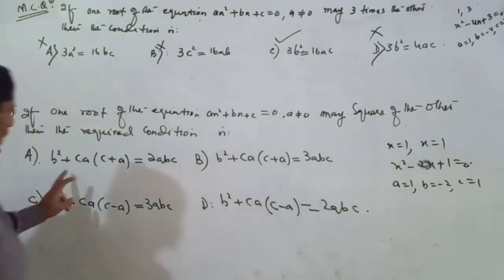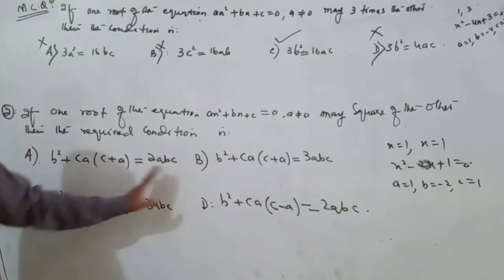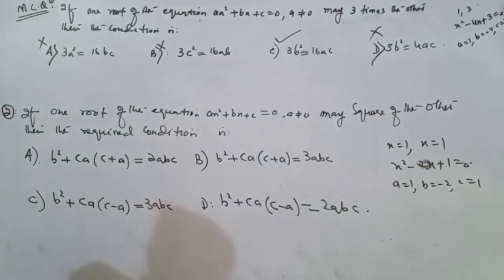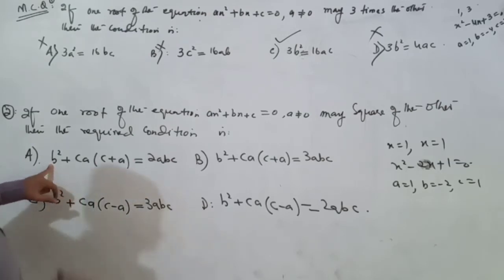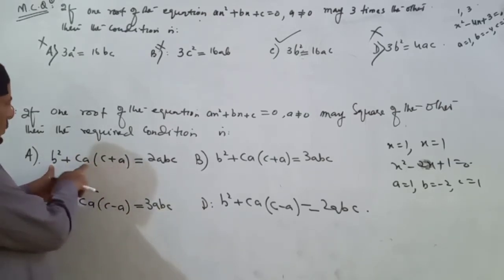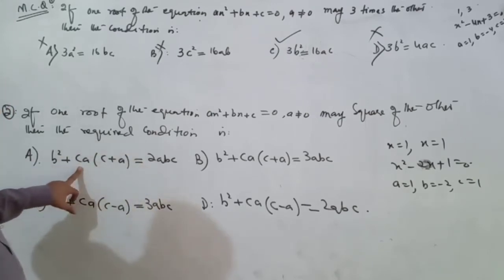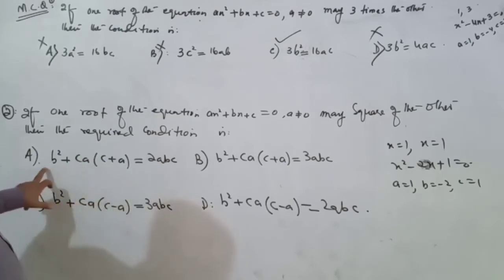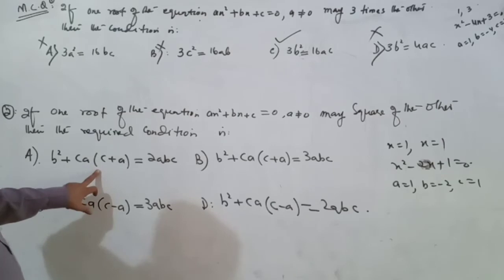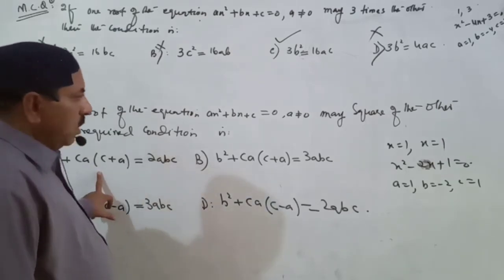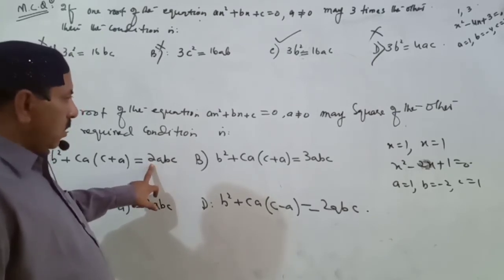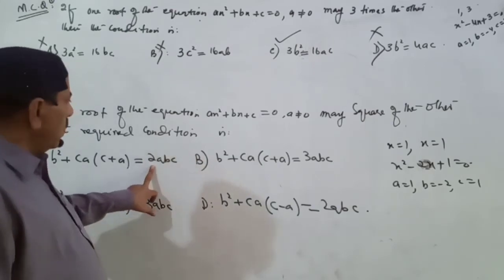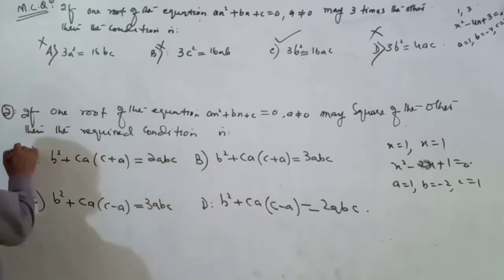So we will put the values of a, b, c, and whichever condition has both sides equal will be the required one. a is equal to 1, b is equal to -2, 2 square 4, c is also 1. 1 plus 1, 2, 2 into 2, sorry 1 into 1, 1 plus 1, 2, 1 into 1, 1, 1 to the 2, b square, 2 square 4, 4 plus 2, 6. So 6, 2a means 1 into 2, b is -4, c is 1. 6 cannot be equal to -4, so this condition will be wrong.